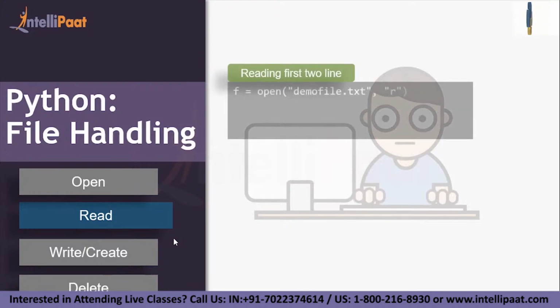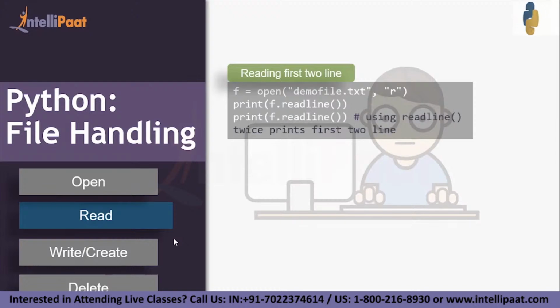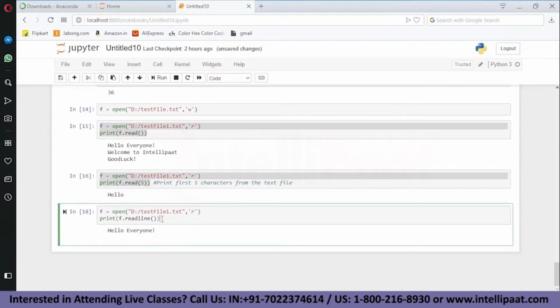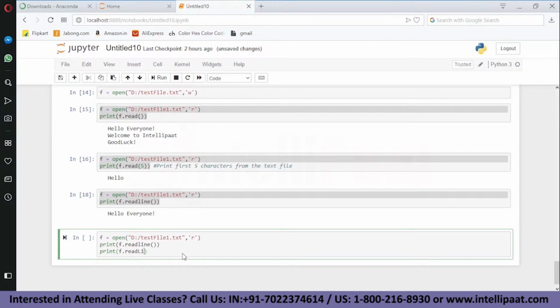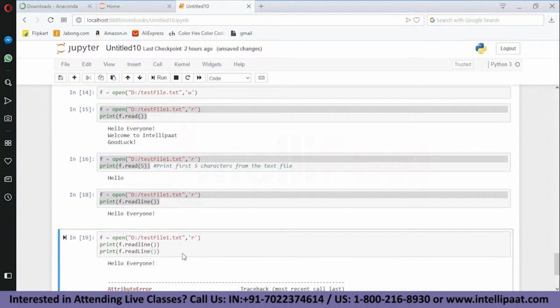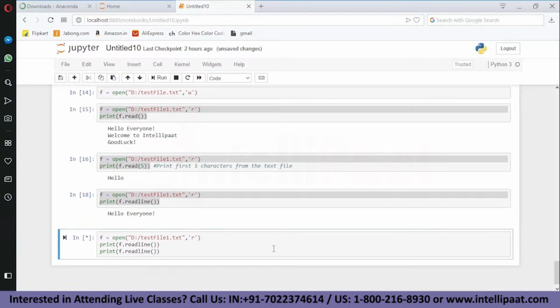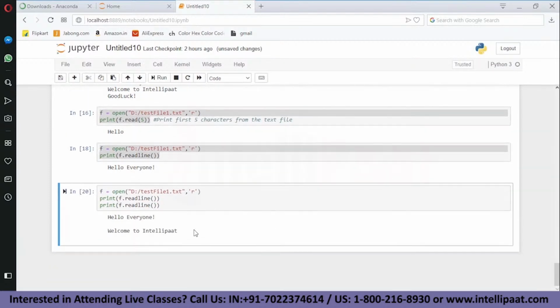Next, what if I need to read first 2 lines of my document? What will I do in that case? In that case, you can use readLine twice and it will print first 2 lines of your text like this. Again do it once more, f dot readLine, hit enter. Again the same error. Okay, so you got the first 2 lines from your text. Alright,